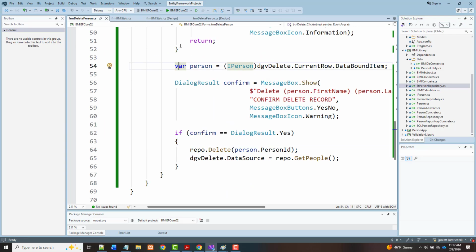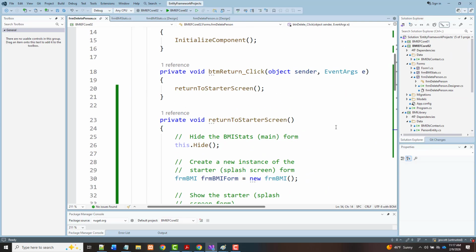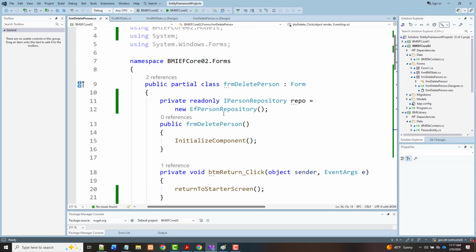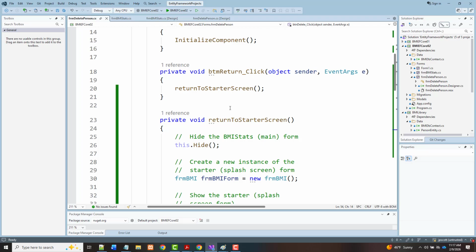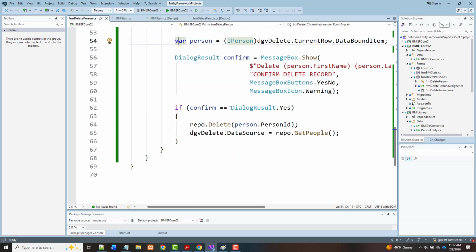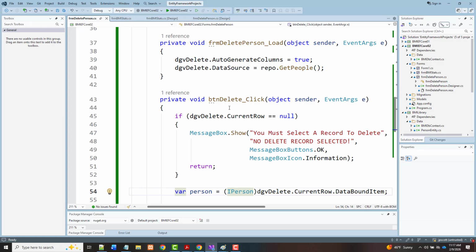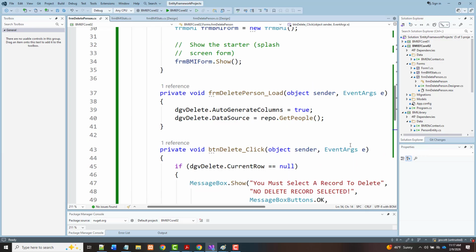Let's go down to here now. Take a look at our delete that we have here. iPerson repo, it's good. Person initialize component. And in our load, I know we had that in here. There's our load right there. In our load event,